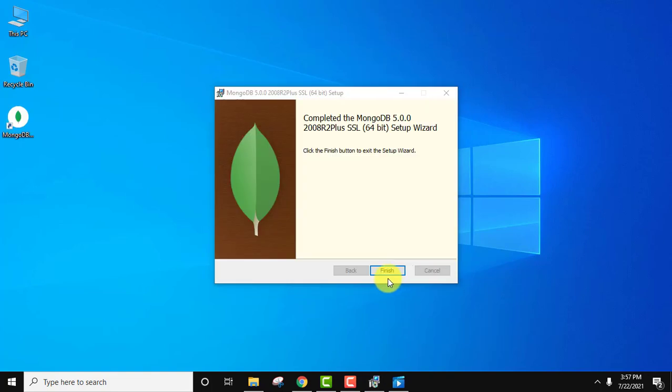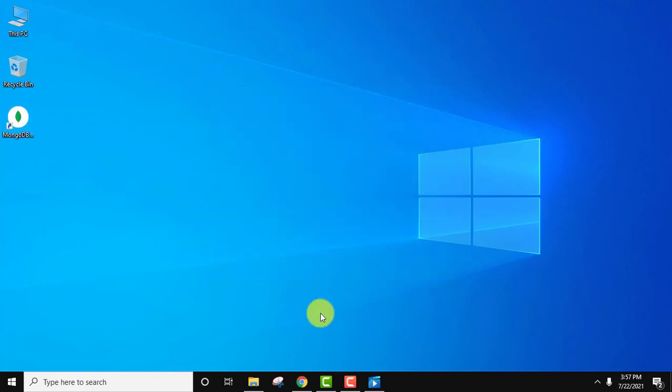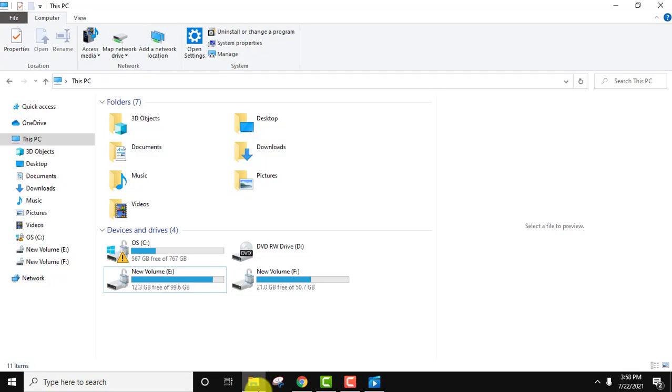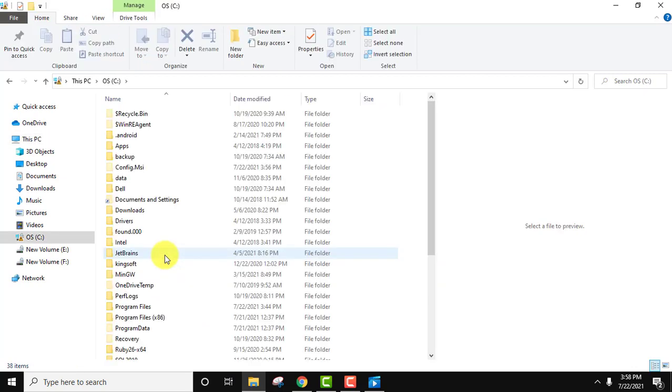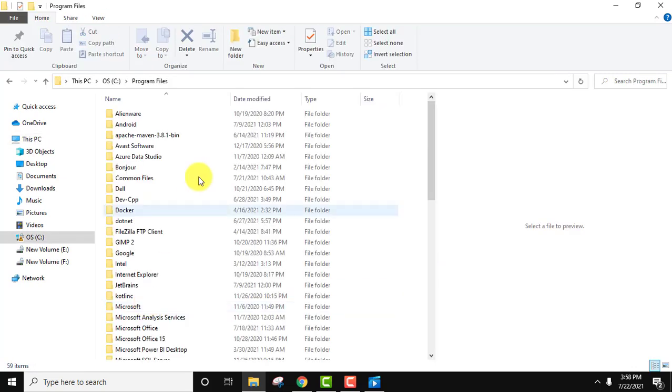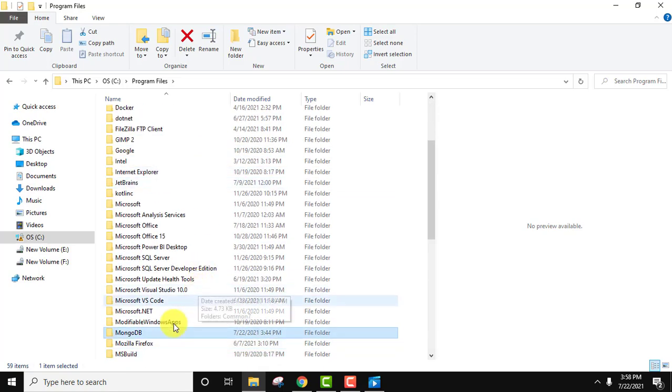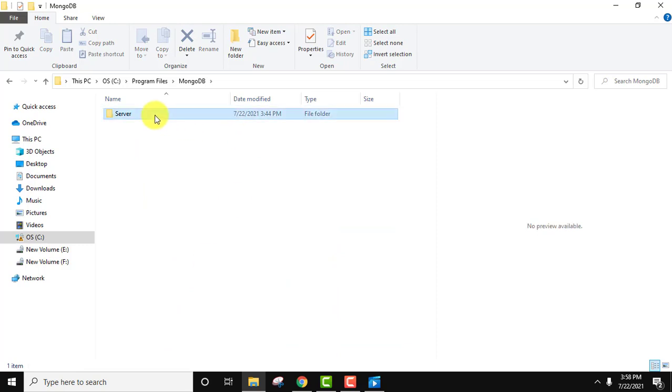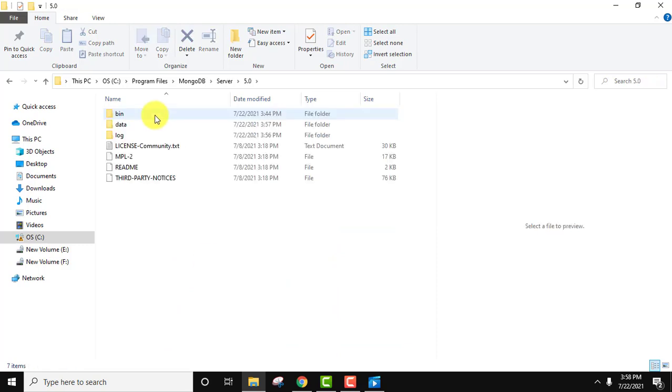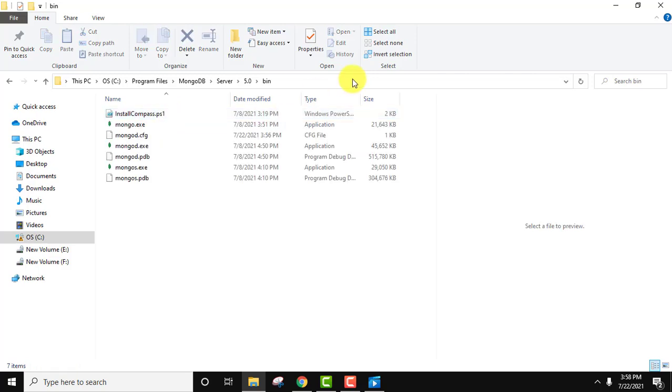So guys, here you can see the setup completed. We have installed MongoDB. It also installed MongoDB Compass if you remember. And the shortcut for MongoDB Compass got created on its own. Now click on finish. Now we will go to the folder where we installed MongoDB. If you remember, it was C drive, program files, search MongoDB here. Here it is. Double click, server, 5.0 and here it is. The following is the data directory as well as the log directory which we saw before, and the following is the bin. Double click on it.